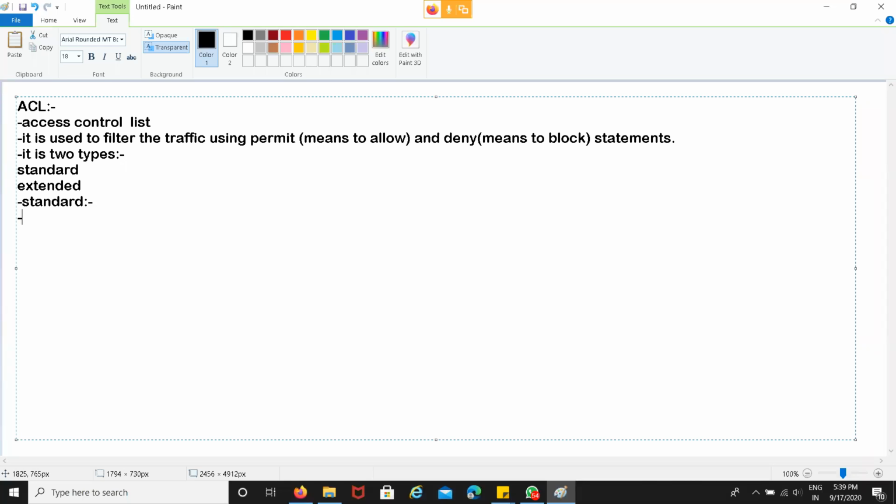Standard is used to filter the traffic on the basis of source only.